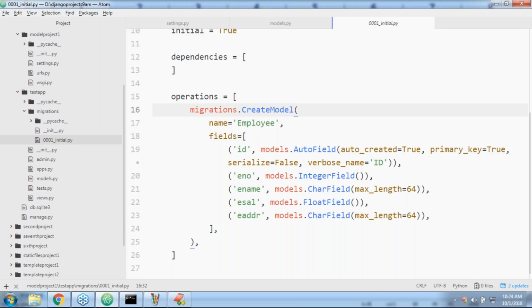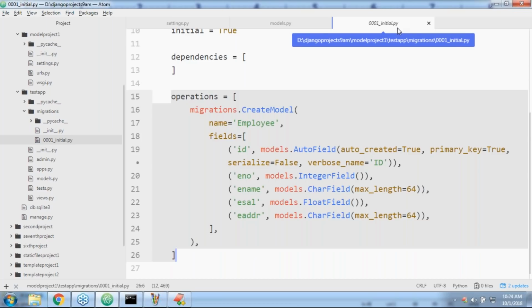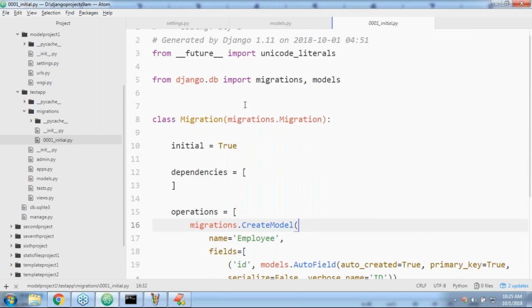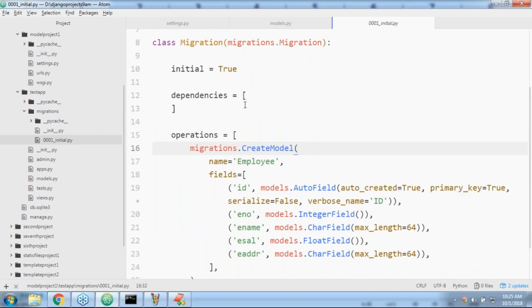Sir, here the table name and all those things are not there. It's not the name of the table, it is the model name only. It is not SQL code also. Is it SQL code? It is the Python file. No, it is not SQL code. Okay, don't worry about that. It's just the next-level intermediate thing. If you want to see the corresponding SQL code,